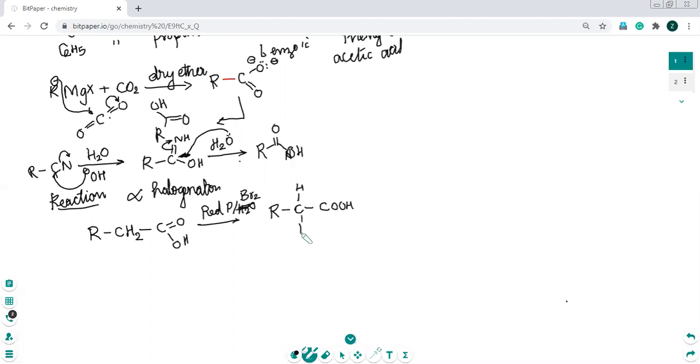You will get the bromine attached here. So this reaction is called the HVZ reaction. Okay, the full form is Hell-Volhard